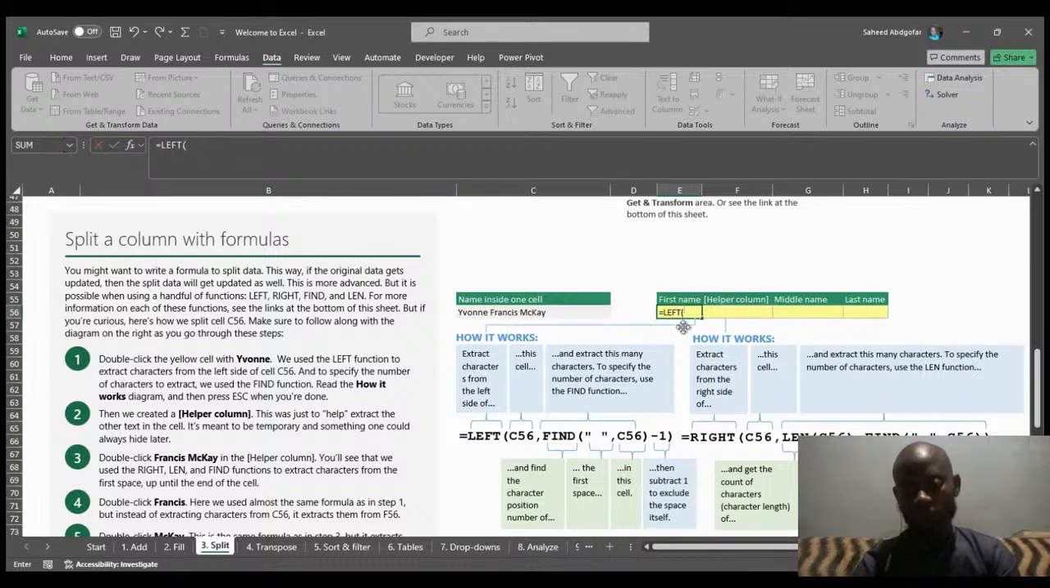Now we are looking for text. Which text? The text is in column C56, if I'm right. Yes. Now press comma. After you have gotten to C56, what are you looking for in C56? We are looking for the